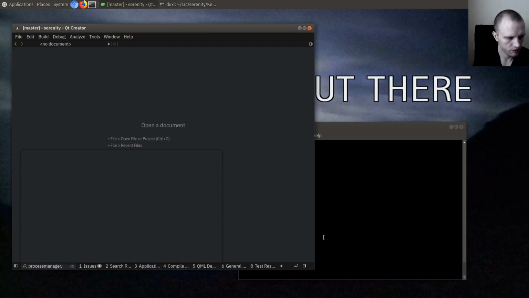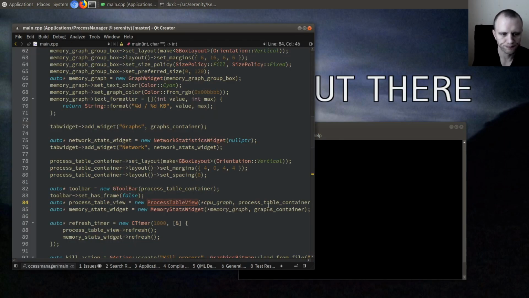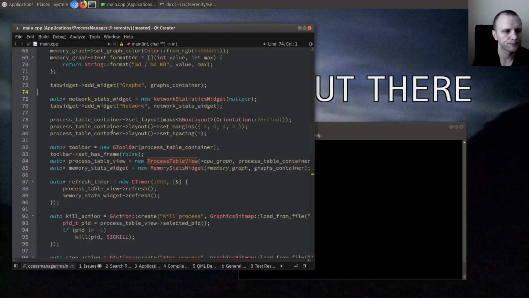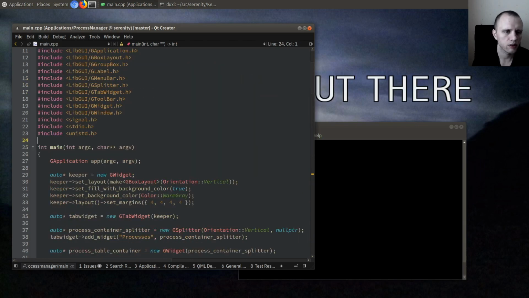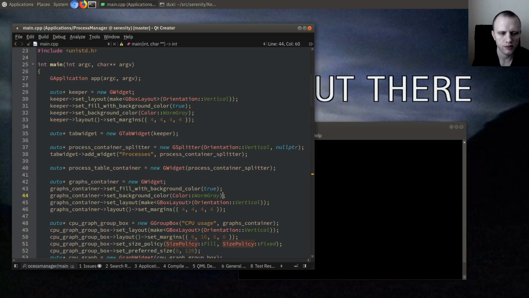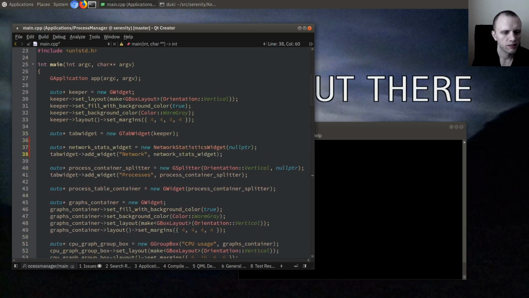So first thing we're going to do is just go straight to Process Manager main, and we're going to make a new tab. I guess here. So after network, although we'll put this one first. I like to do that just when we are developing something here. So we'll say file systems. I'll just go FS widget, maybe. Just be a simple G widget. File systems,